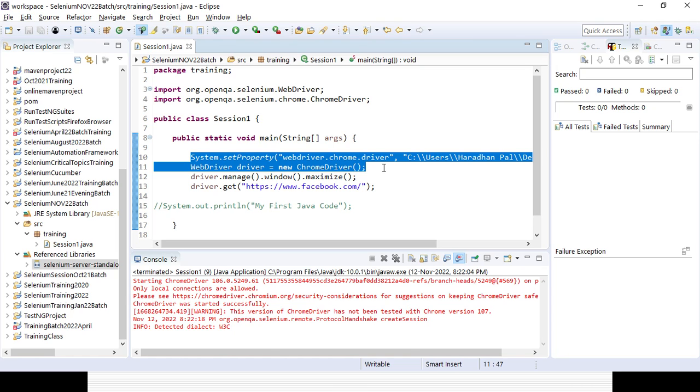So later on, during the framework part, we'll be creating two methods. One is for invoking the driver, which is called in the test engine as before test or after test, like that. We'll be creating a setup method where all this part will be there, and I will call that method instead of writing it multiple times. And I'll be creating a teardown method where I'll be quitting the driver. In real-time automation, we need to close the driver after every test case. Otherwise, it might create a problem. So that is the reason you can create two methods and call the method only. That is why I told you we need to create reusable components instead of writing it line by line.